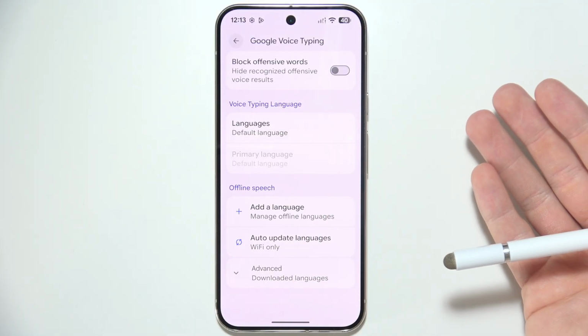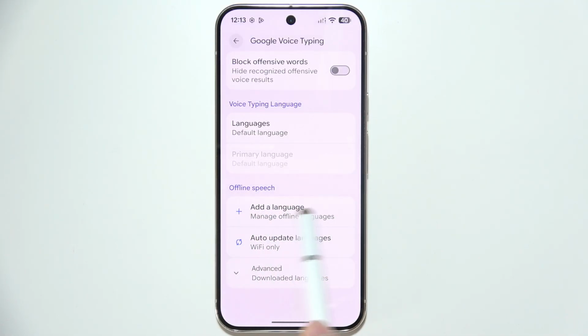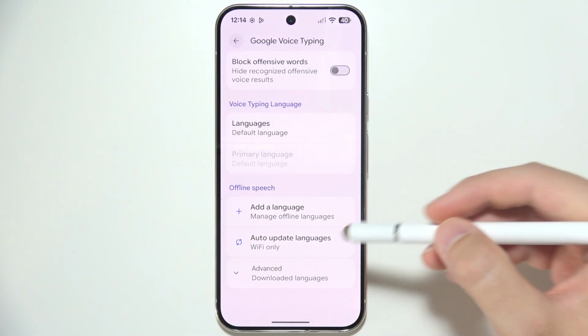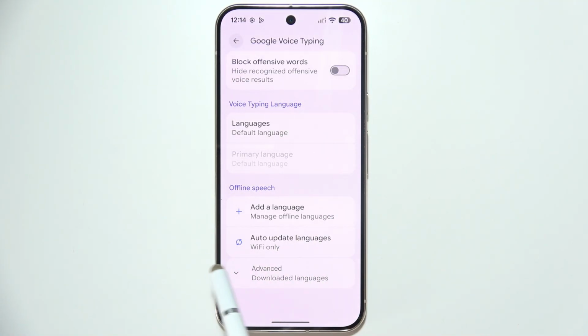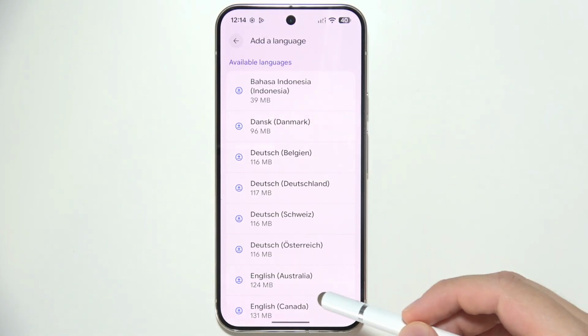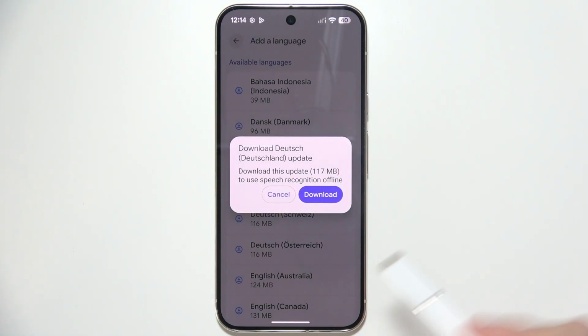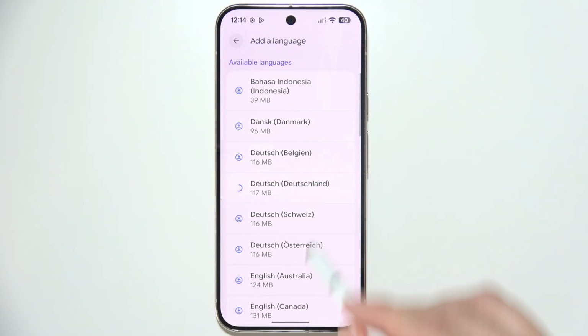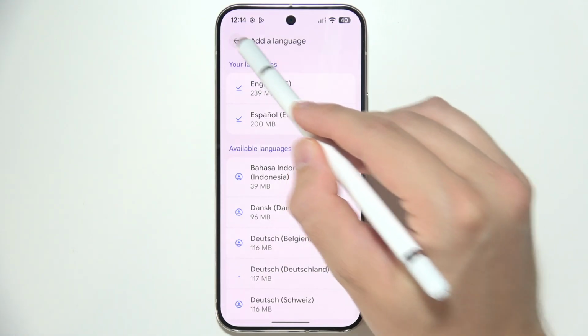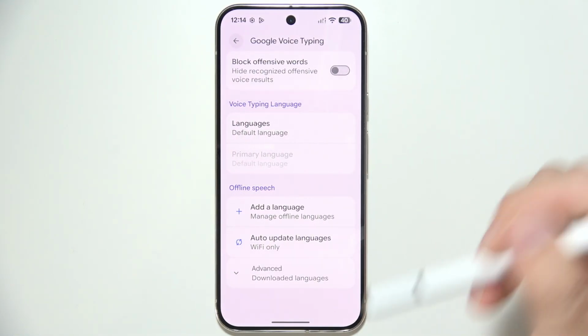So if you want to make some notes offline, you will have to actually add a language to download speech. To download languages, you have to go for add a language and simply pick from the available languages library by clicking here and selecting download. After the download is finished and this language appears right here, it will allow you to use offline